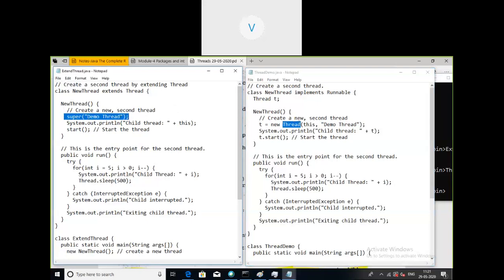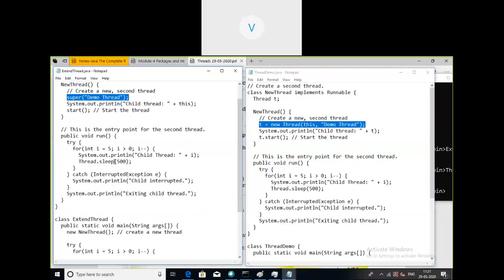Both are same. We know that super is a keyword that can be used for calling the constructor of the superclass. So in this statement we are trying to call the constructor of the superclass, and here also. That is the difference.